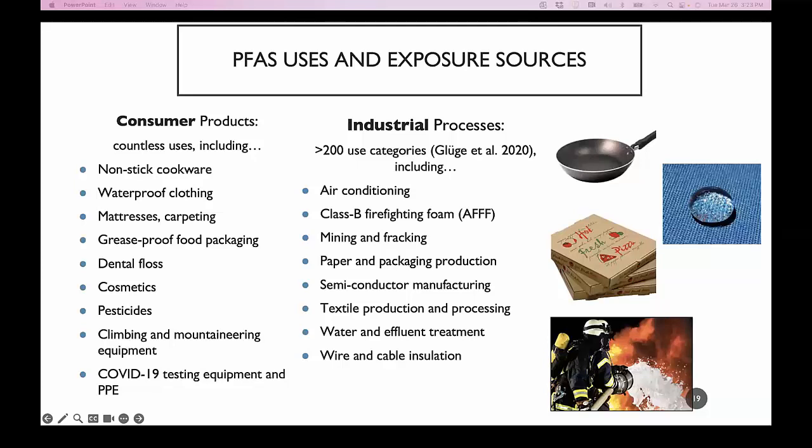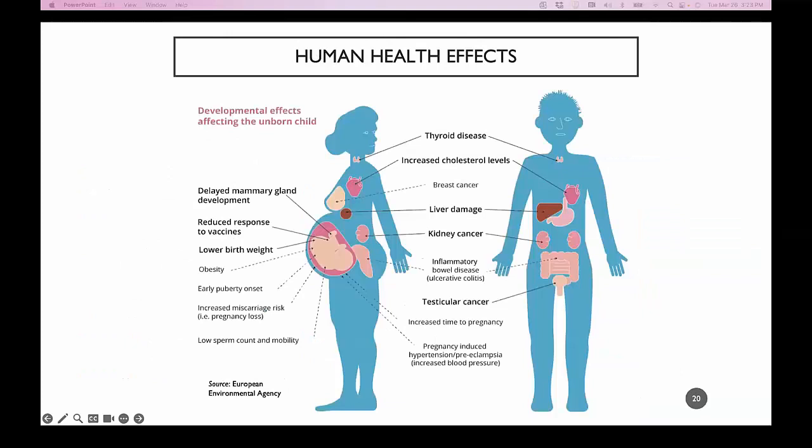If you want to go to the next slide. So the combination of the persistence and bioavailability of these compounds and their widespread use, we add to that many concerns about human health impacts. According to Dr. Linda Birnbaum, who is the retired director of the National Institute of Environmental Health Sciences and the National Toxicology Program, PFAS affect virtually every organ system. And so we're not talking about a single type of health effect. We're talking about multiple types of cancers, impacts to many different systems within the body, such as the liver, the kidney, reproductive systems.